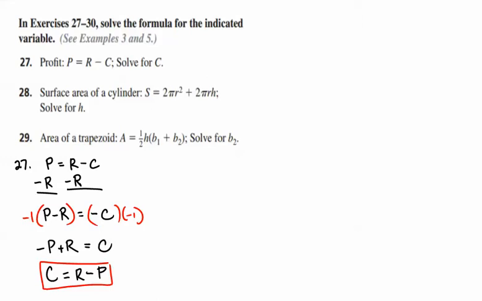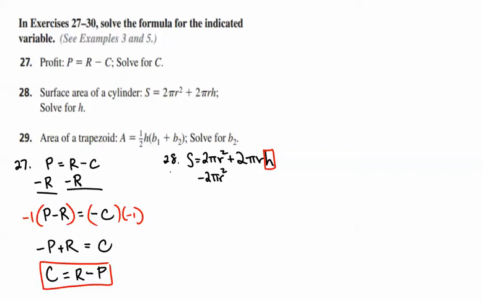All right, number 28. We have the surface area of a cylinder being S is equal to 2 pi r squared plus 2 pi r h. Again, we don't need to explain what all of those mean right now, but our goal is to isolate the h. So we're going to deal with addition and subtraction